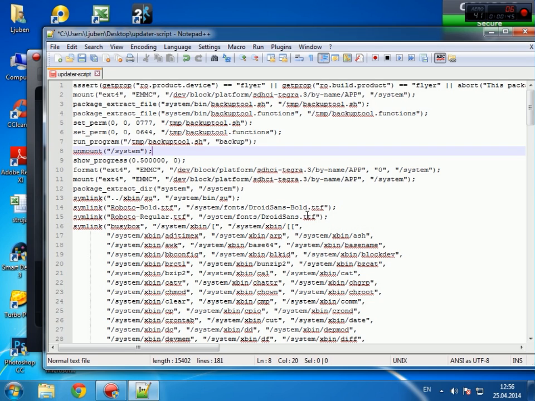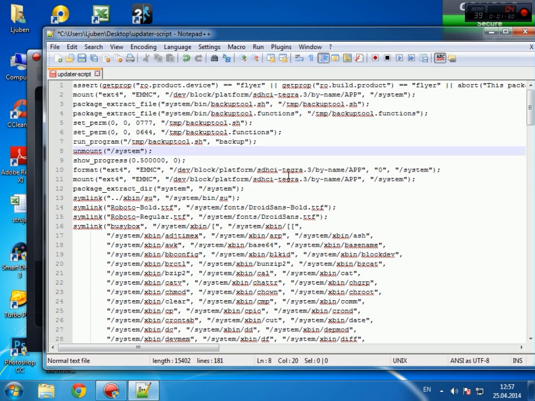But the directories for the system, the data, kernel, cache, Dalvik cache, etc., are always different, which means the path, let's say for the system, is different in every device. It's in a different directory. So in many devices, mostly in newer devices, the path for the system is inside eMMC. If you don't know what eMMC is, it's basically the entire storage. The path for the system in eMMC is in dev block platform